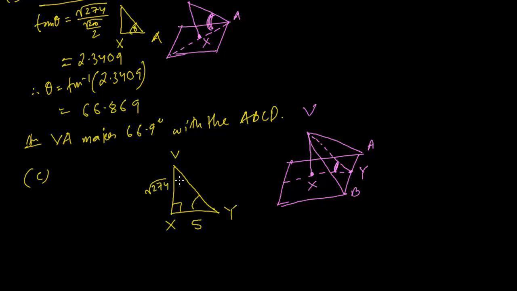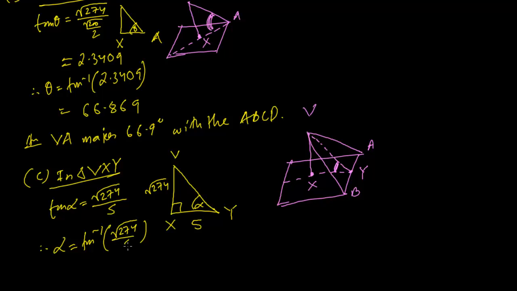So if you're looking for this angle, so we can write in triangle VXY. If you can draw the miniature triangle, it doesn't matter what you label it. So this is again going to be tan. Since we have used theta, it's not a good idea to use the same angle over and over again. We can either use the name VYX, or we can just call it alpha. So tan alpha equals to, opposite is square root of 274 divided by 5. Therefore alpha equals to tan inverse of